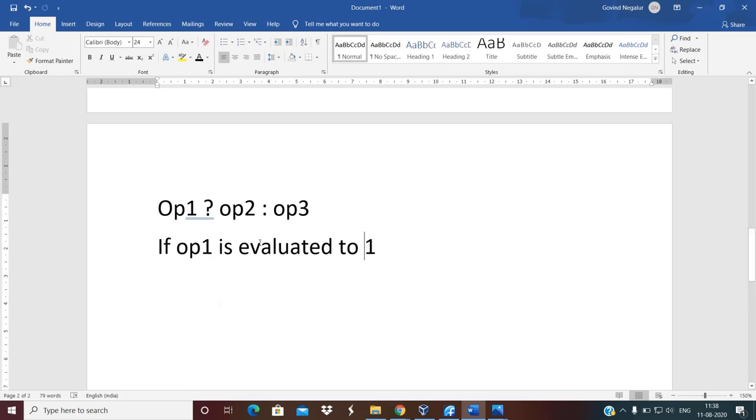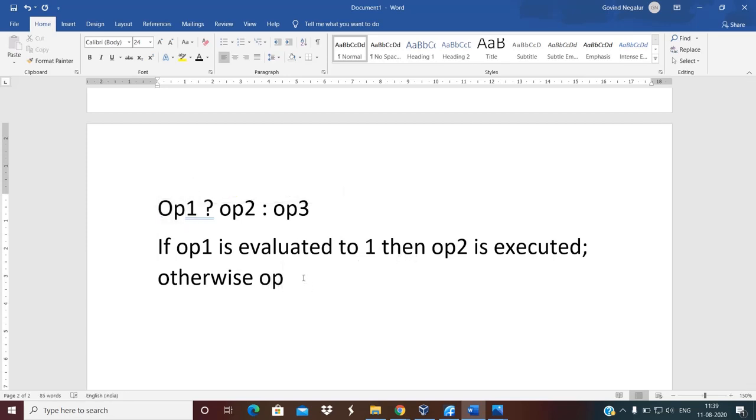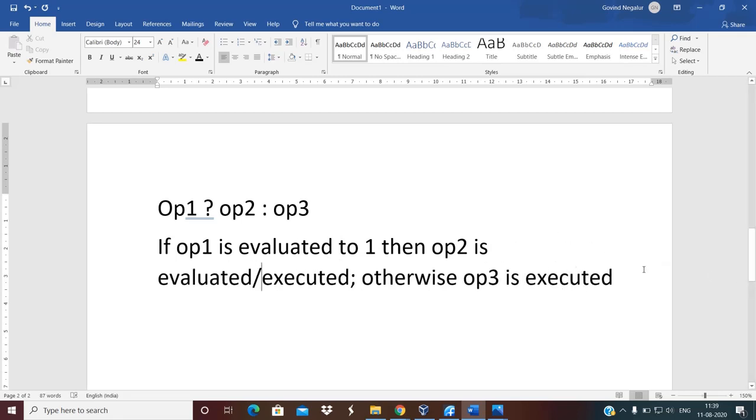So if operand 1 is evaluated to 1, then operand 2 is executed. Otherwise, what is the meaning of otherwise? This operand 1 is not evaluated to true, meaning it is evaluated to false. Otherwise, operand 3 is executed. In fact, it should be evaluated. Executed or evaluated, okay, is evaluated.